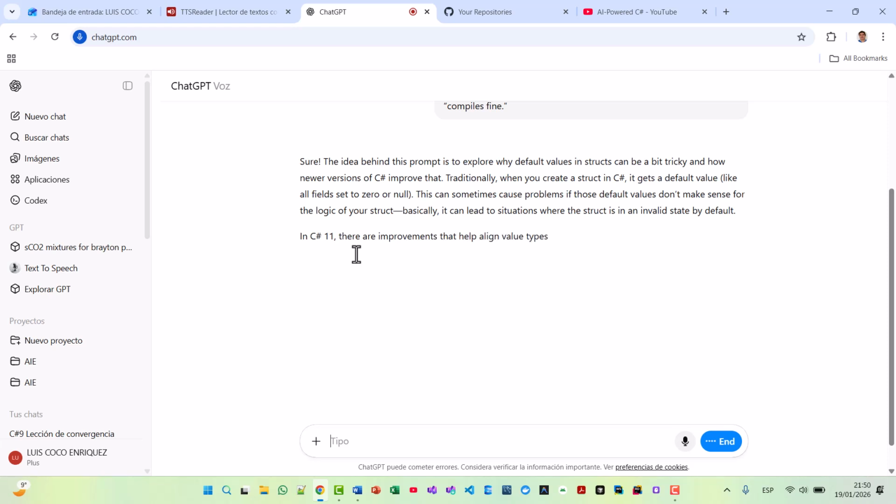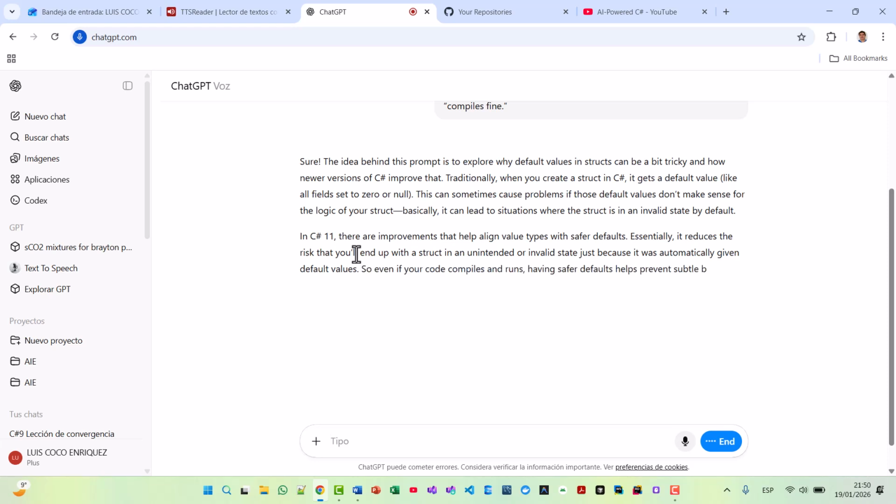In C# 11, there are improvements that help align value types with safer defaults. Essentially, it reduces the risk that you'll end up with a struct in an unintended or invalid state just because it was automatically given default values. So even if your code compiles and runs, having safer defaults helps prevent subtle bugs and makes your structs more